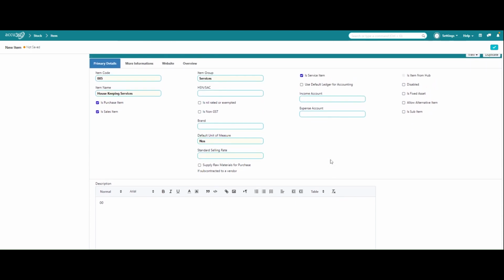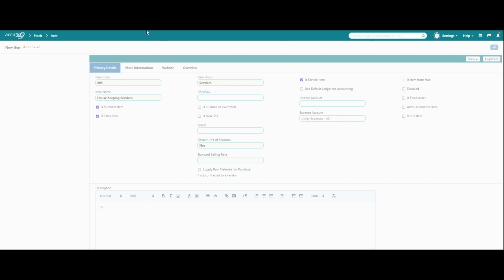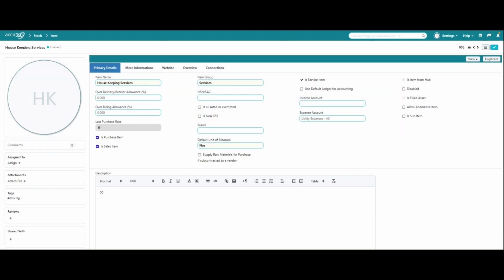Okay, now we will give it an expense account. So in expense account we will select utility expenses, and then we will save it. Now let's go to the journal entry and pass the journal entry for this current liabilities also. Okay, so here we will go to the journal entry list,